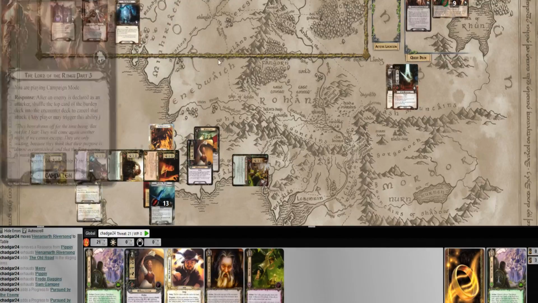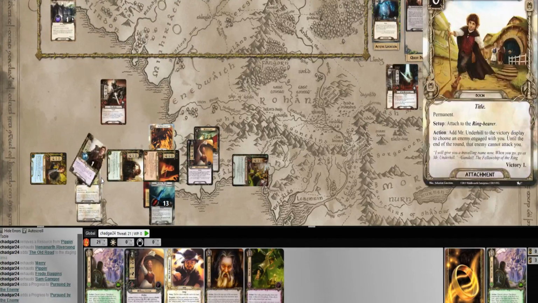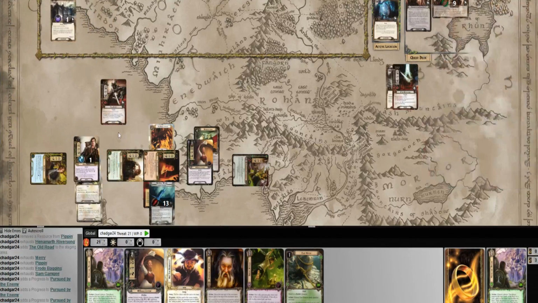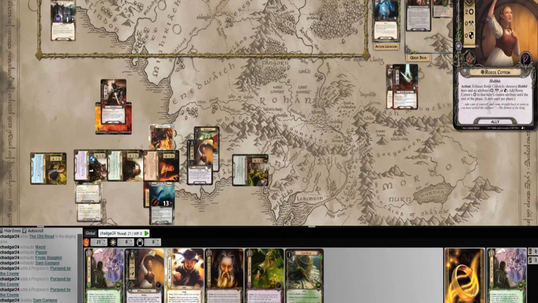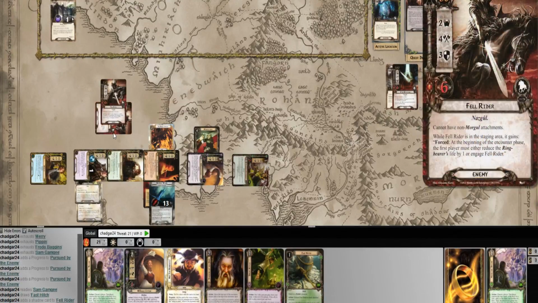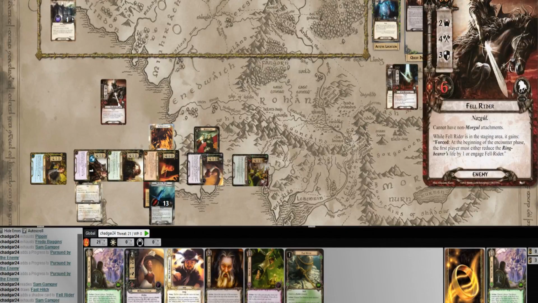1, 2, 3. I'm going to travel there. I'm going to engage. Sam will pop up. Draw a card. Fast Hitch. He's going to defend. He's defending for 3 plus Rosie's 2. He's defending for 5 against 4. Nice. Very nice. I would not have wanted that card to come up. I can't attack back, but he does no damage. And the Fell Rider's effect doesn't trigger because he's...